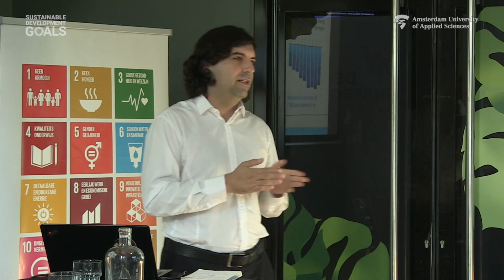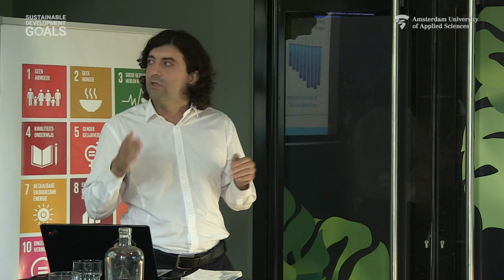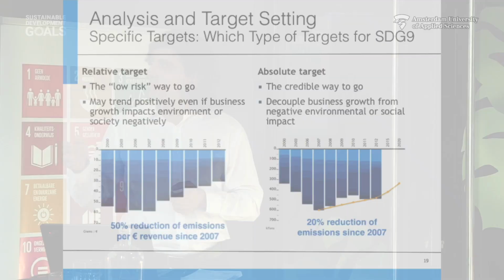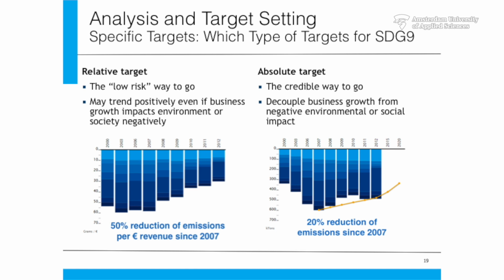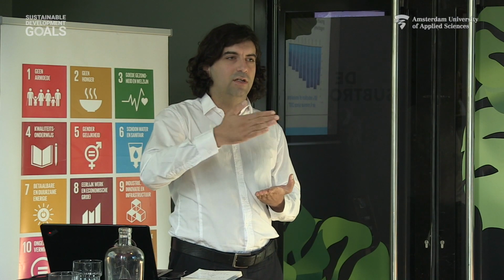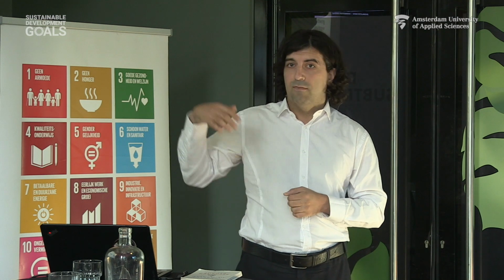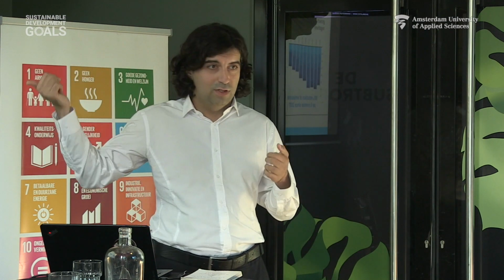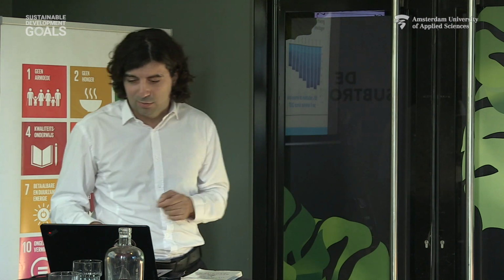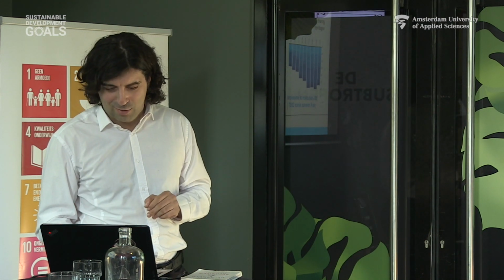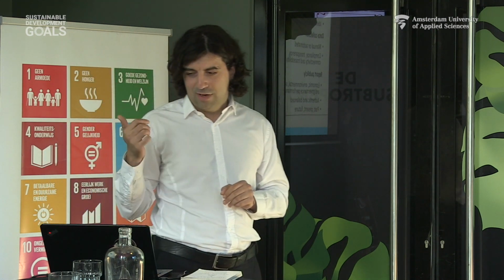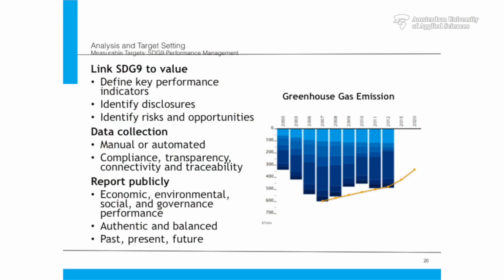You can also split it year to year, but at the end you need to cut emissions by 20%, for instance, from 2007 to 2020, and that's it. So it's not going to be related to other variables, so you can basically decouple business growth from the environmental and social impact, if it's possible to go this way. This is the basic way to go, but it's normally up to the shareholders and the CEO, and it is relatively more familiar, more popular among shareholders.